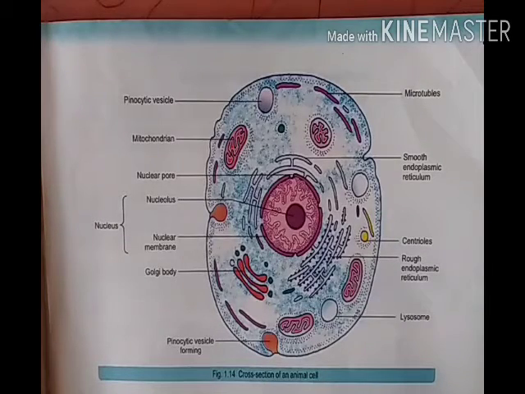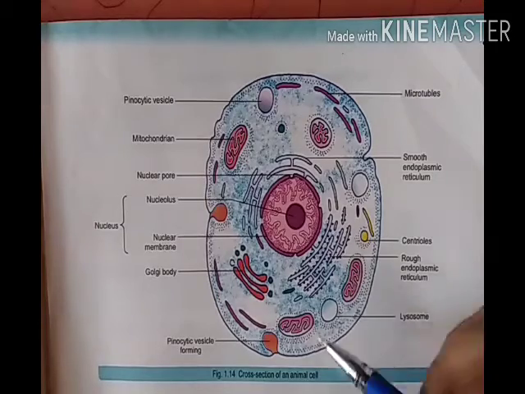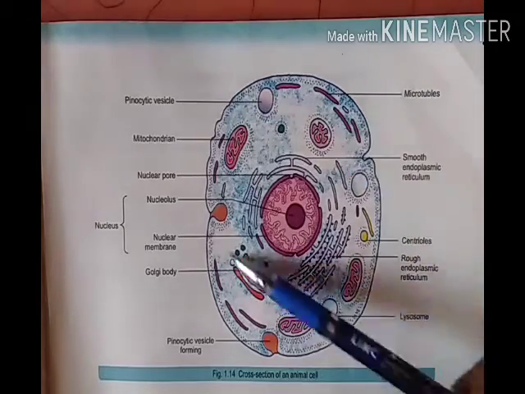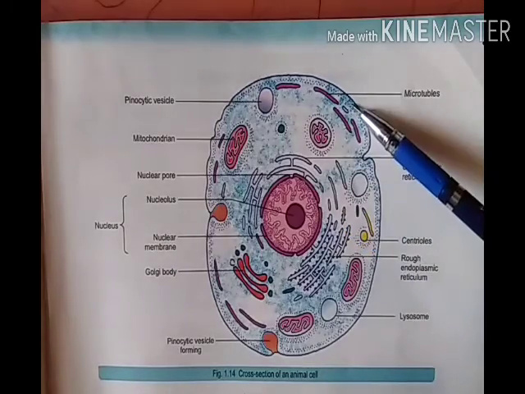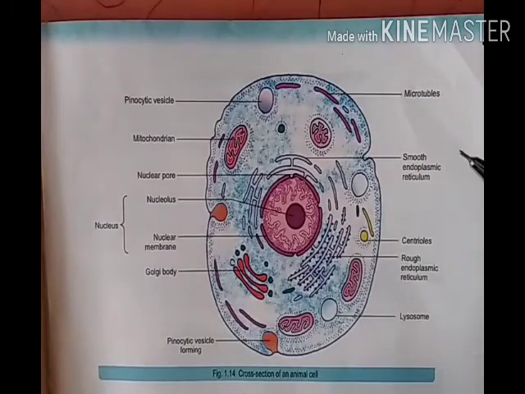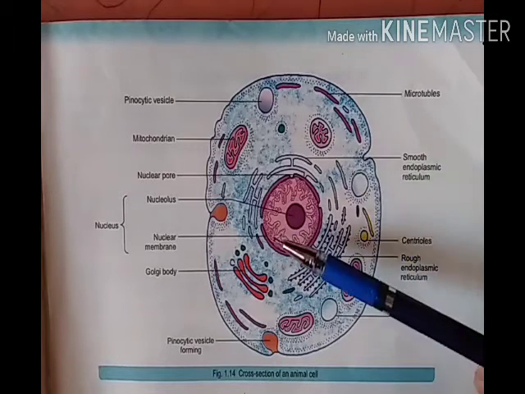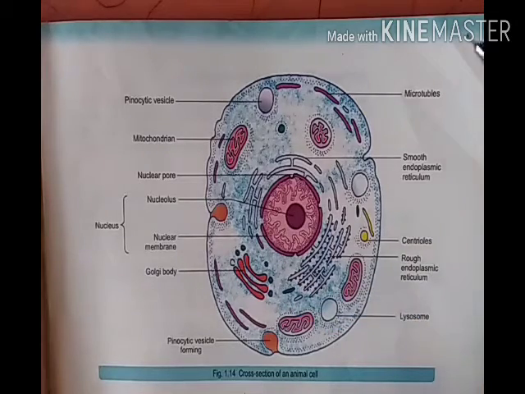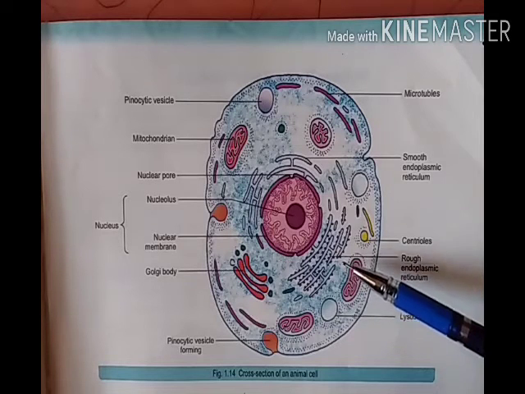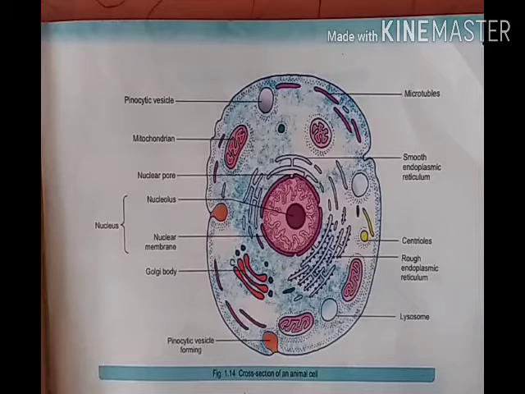In this diagram of the animal cell, you can see this is the cytoplasm, filled between the nuclear membrane and the cell membrane, and in this cytoplasm you can see different kinds of components and structures, like this one, this one, this one. These living parts, living structures found in the cytoplasm are collectively known as cell organelles. Each and every cell organelle is specific for its work. Like this mitochondria is known as the powerhouse of the cell. They produce energy for the cell.